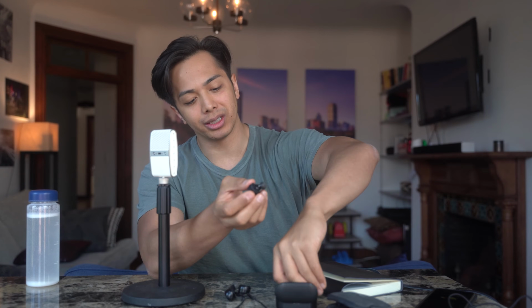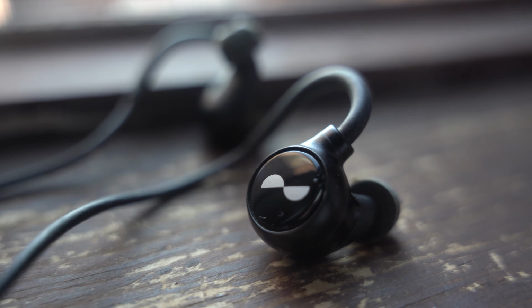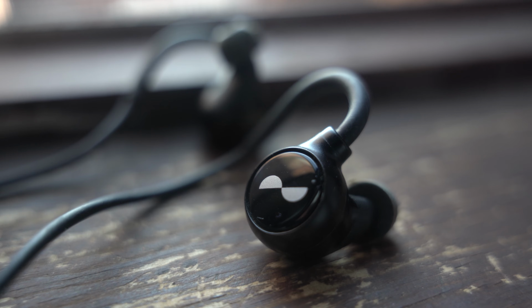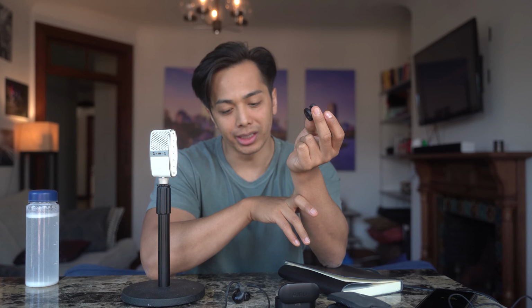In terms of what they have in terms of controls, they just have a single double tap. Again, it's the same thing with these guys, but they don't have the wheel, or the dial function, which is sort of a handicap because you don't have access to your volume or dialing in your ANC. You really just have the ability to turn on your ANC or turn on your social mode, which sucks because